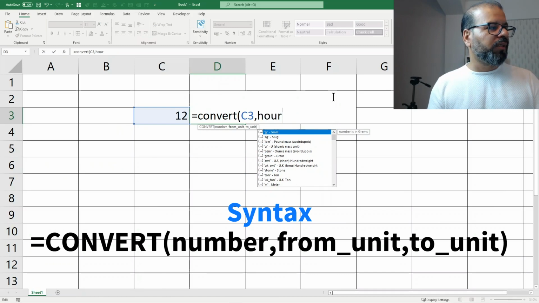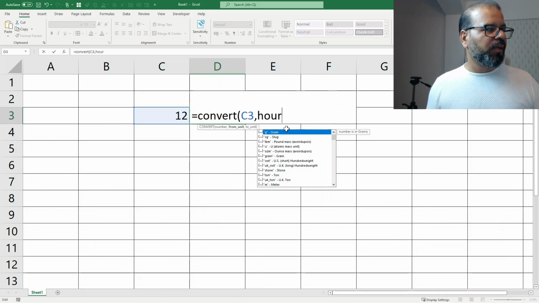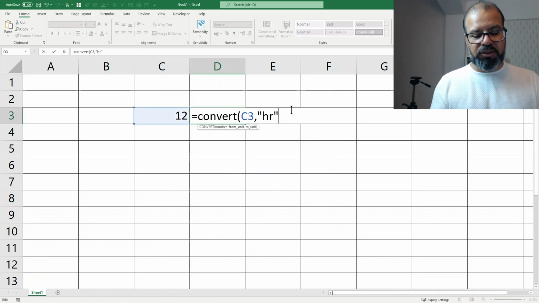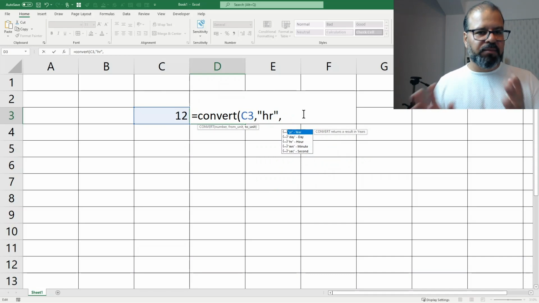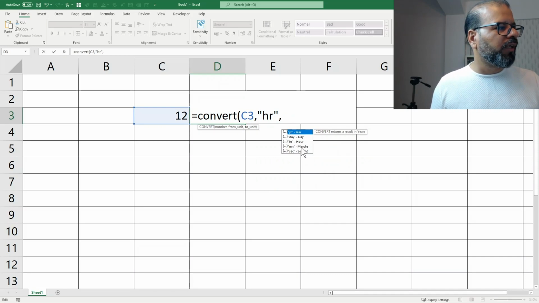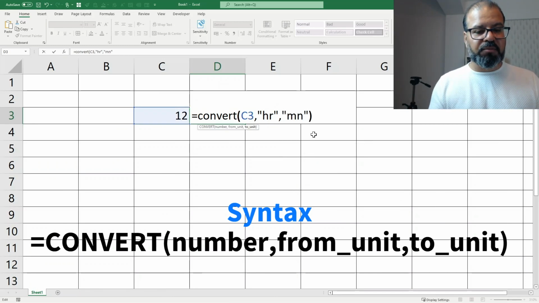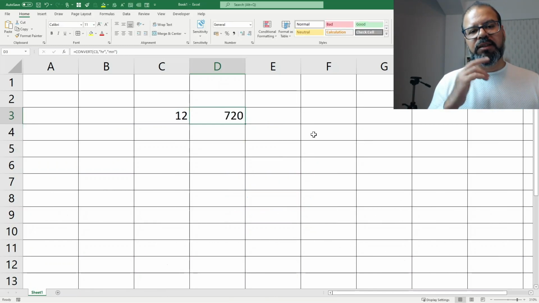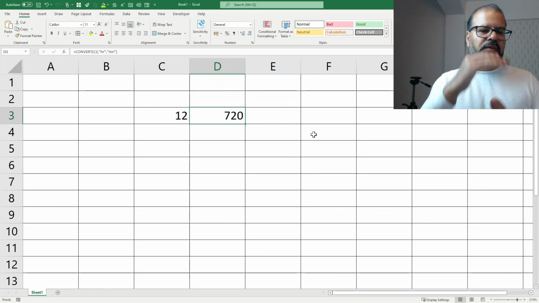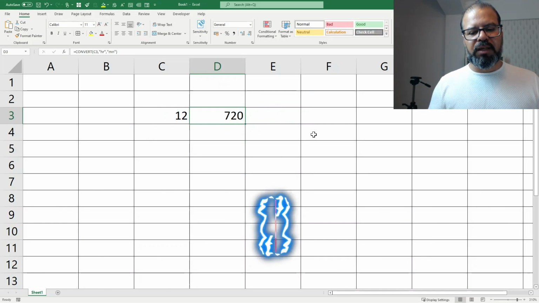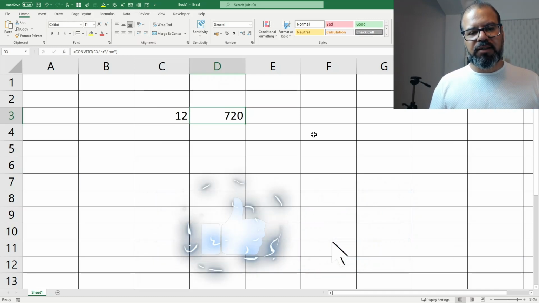Similarly, let's try it with hours. So let's assume that this is hour numbers. I want to see how many minutes are there. Let me see, this is hour, yes, HR, and then minutes, and then it immediately shows me what I want to see. I want to see minutes in this. So my question here is from Excel: how many minutes do we have in these 12 hours? So there are a range of selections you can pick up and you can check the functionality and utilize it